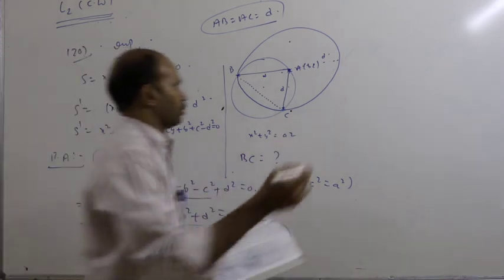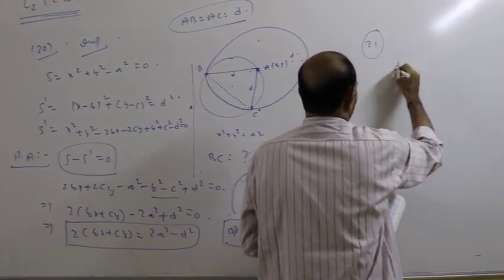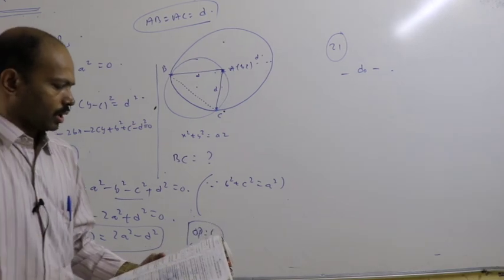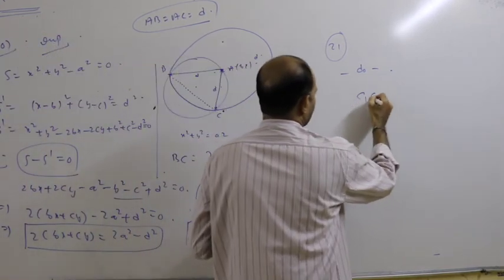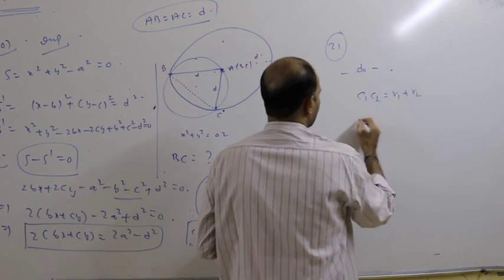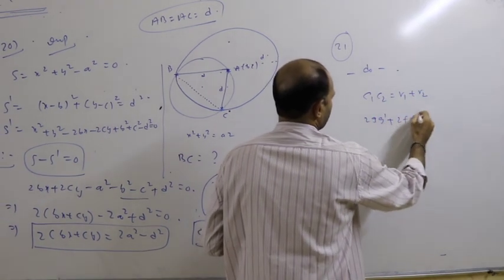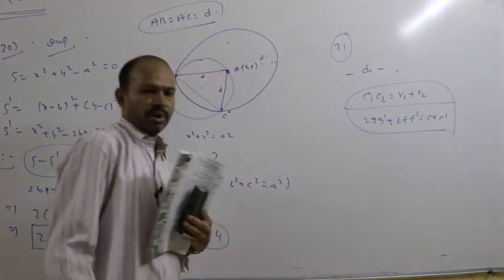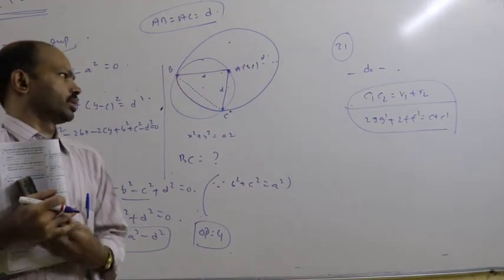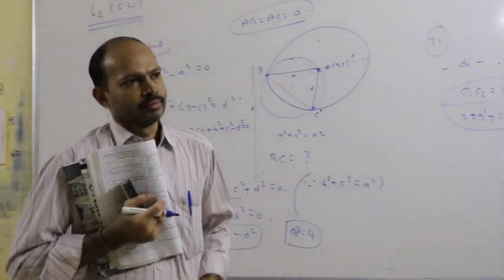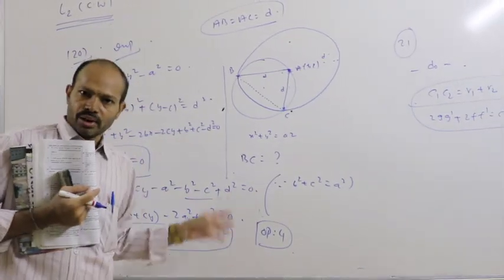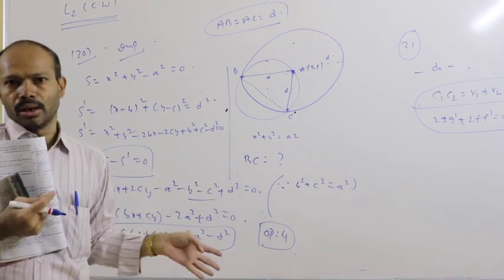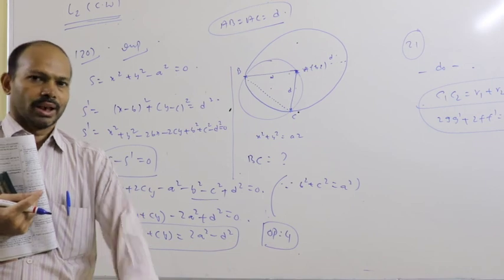Now coming to the next problem, that is our last question, and you do it yourself. It's nothing but a very simple property of orthogonality and touching. Apply C1C2 is equal to R1 plus R2 and 2gg dash plus 2ff dash is equal to c plus c dash. You have done these models so many times, so you can do it yourself in your homework. I think you feel very happy after completion of your present topic, and I hope you understood well. If you have any doubt, you can make a call directly to me.